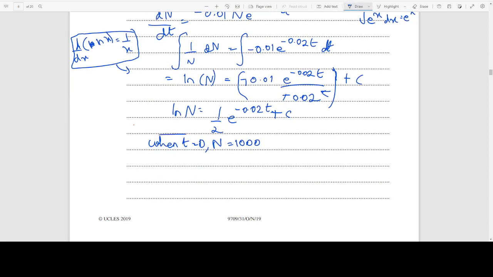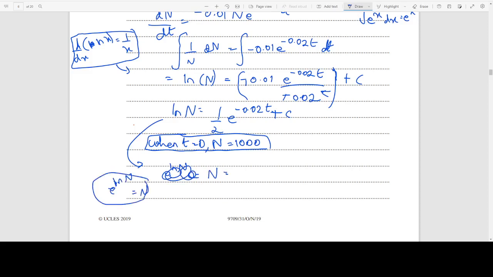We'll use this afterwards. So coming back to this, if we raise both sides by e, e raised to ln of n is basically n. So n equals e raised to 1 half e raised to minus 0.02 t plus c, and you'll know this